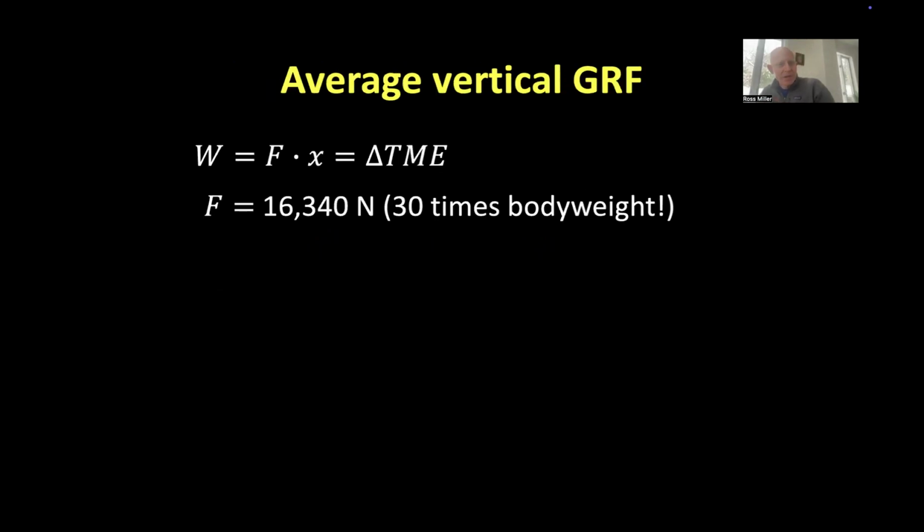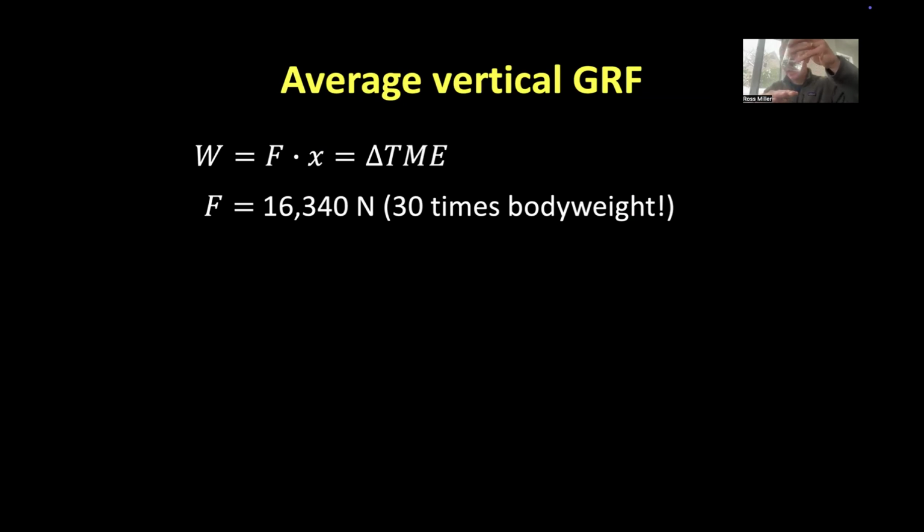Okay, last part of this problem asks you to calculate the vertical ground reaction force acting on the gymnast as they came to rest on the mat. And that's going back to this idea of how do I change the total mechanical energy of a body? Well, I have to do work on it. And how much work? Well, enough work to remove the amount of energy that's being taken away or being added to it. Okay. So here, when I land, right before I hit the ground, I had 1,068 joules of total